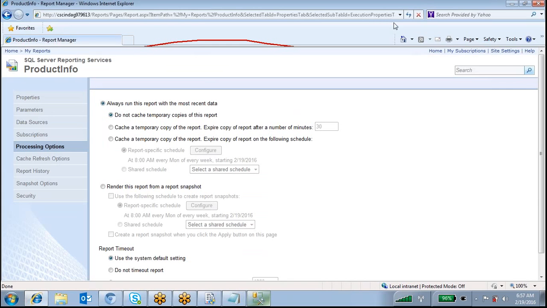See here, always run this report with the most recent data. If you are selecting this option, under this we have three options. If you are selecting this, always run this report with the most recent data, that means it is taking the live data.